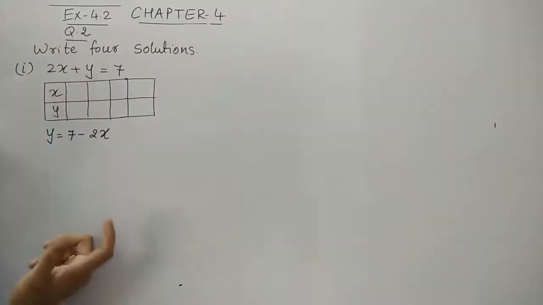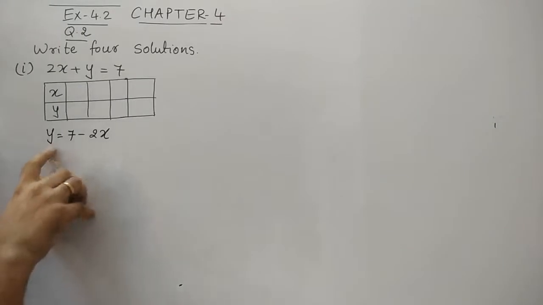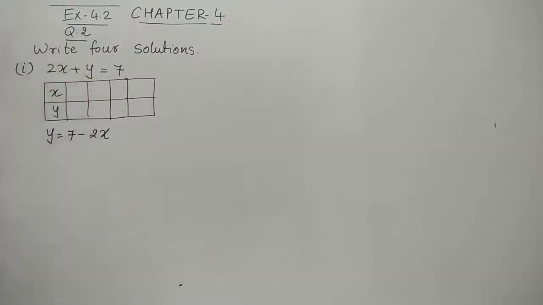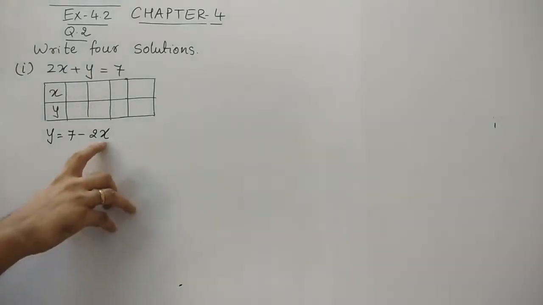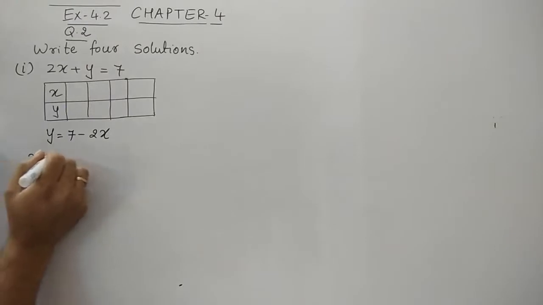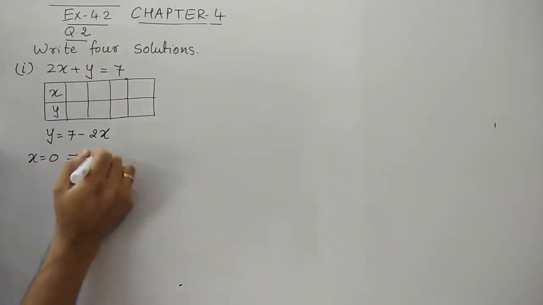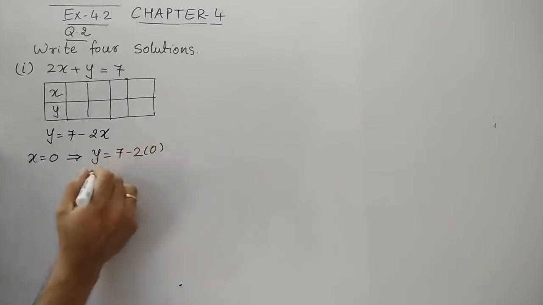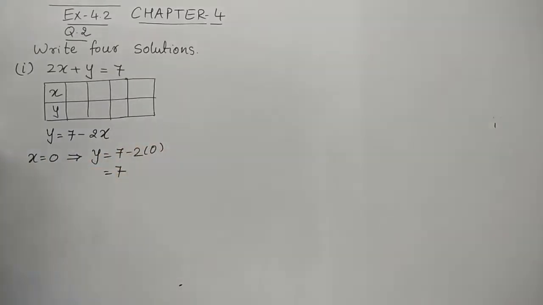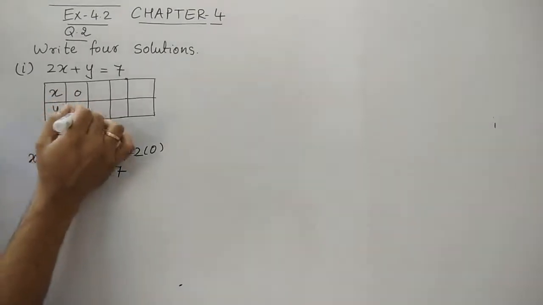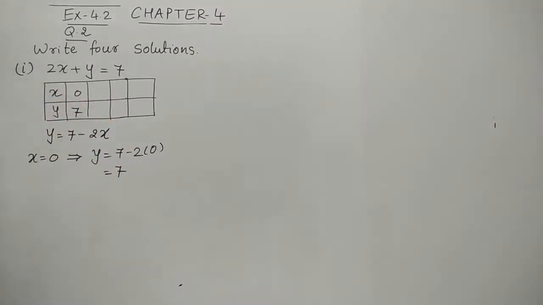Now which variable can we make the subject? हम ज्यादातर ऐसा करेंगे, the variable which has the smaller coefficient उसको हम subject बना देंगे. Now for the right hand side, the x variable is there, so we'll take x as 0. Let us substitute x as 0 in the above equation. Two zeros are 0, so we get y is 7. Now when x is 0, we obtain y as 7. So this is one solution we obtain.